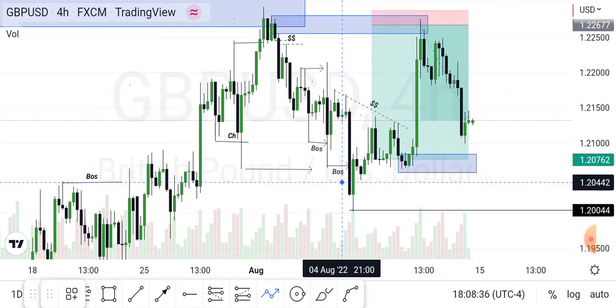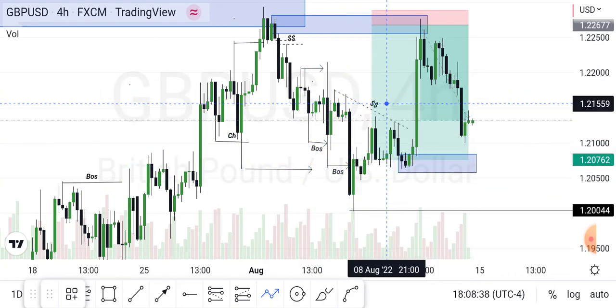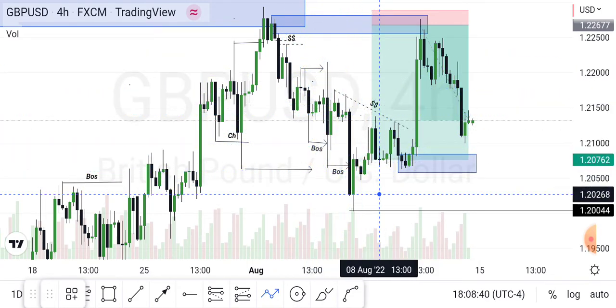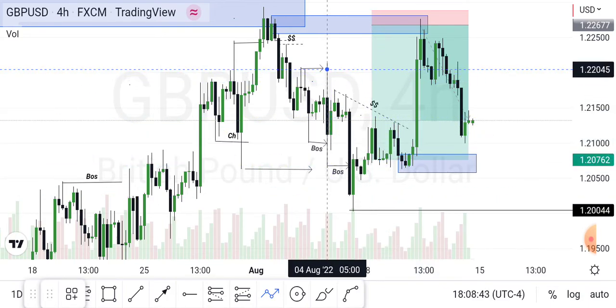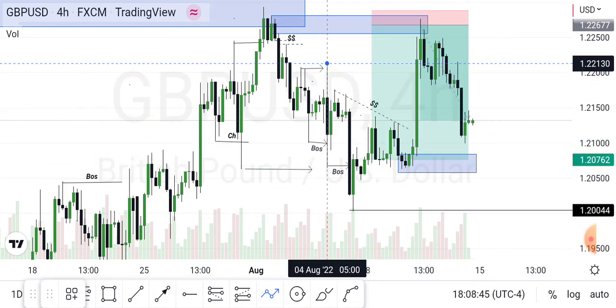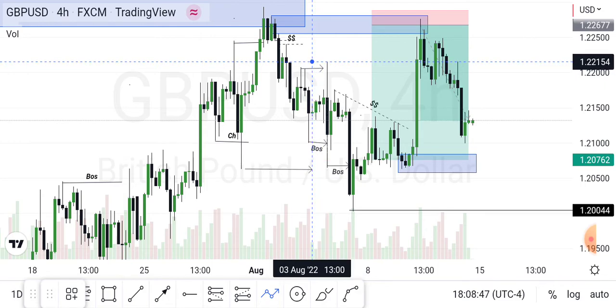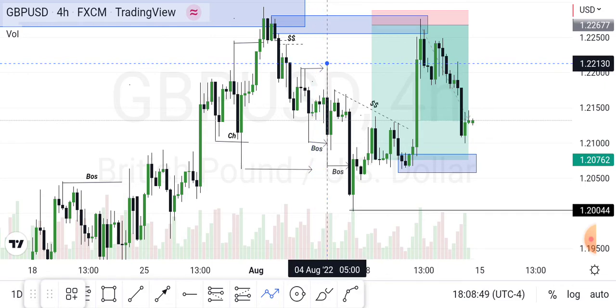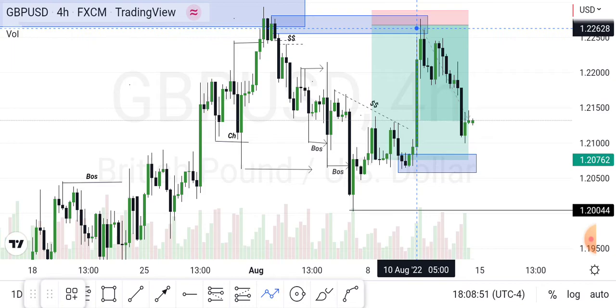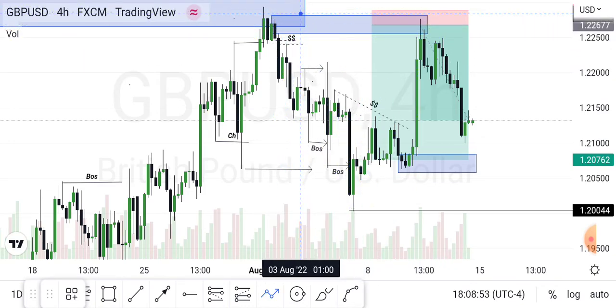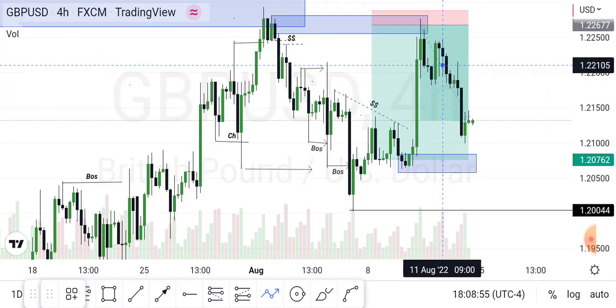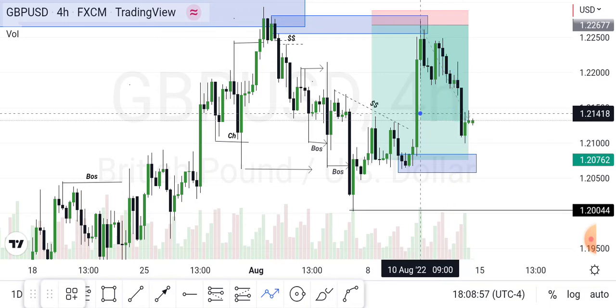So we now see that, guys, all of this stuff was just liquidity and inducement. You see how we were induced here. So this was the inducement in this market. We were induced here, and now price mitigated this untapped OB, and we see the move to the downside. So hope we understand this, guys.